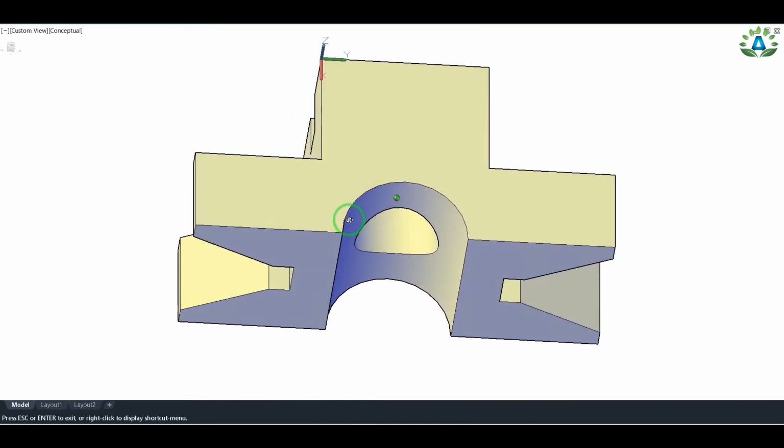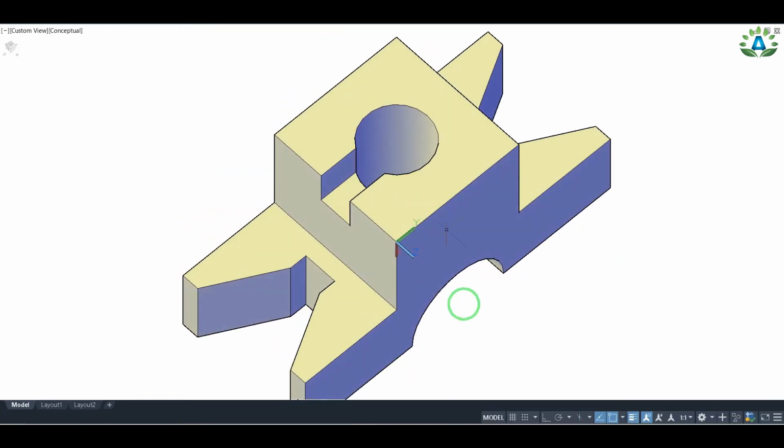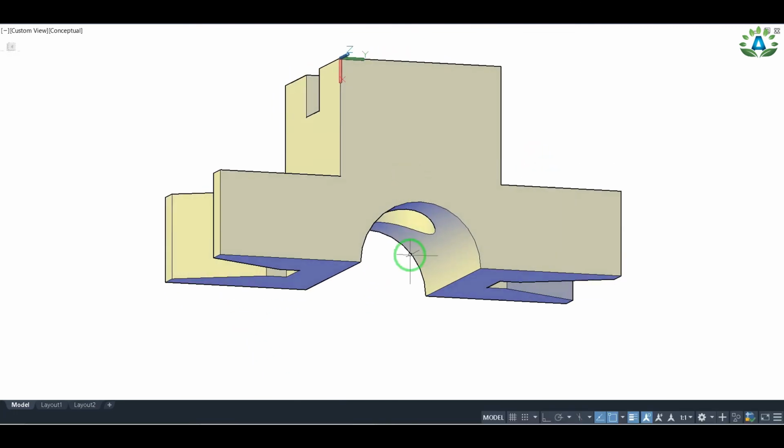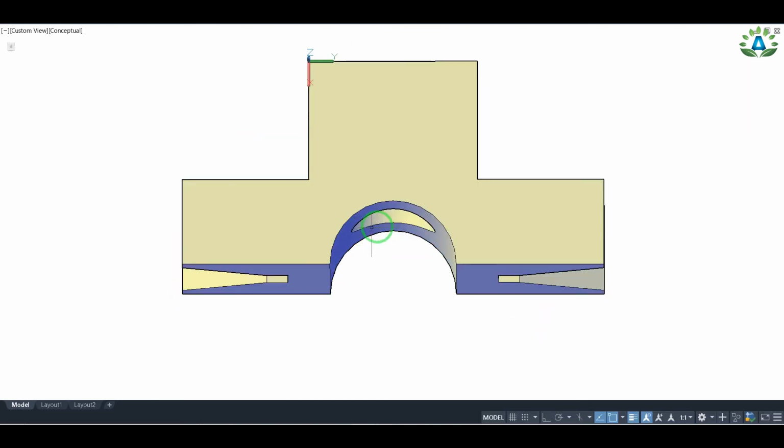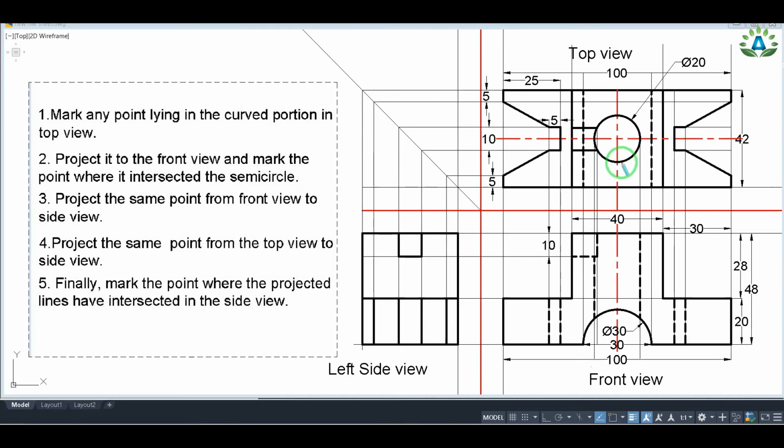And we can see that due to the intersection of this circular hole and this semicircular hole, we will be able to see the slight effect of intersection of these two solids. So our bottom view will look like this. So we will be able to see this part as a hidden line in our left side view also. So we need to project this part in our left side view. And I have already told you that this circular portion has intersected this semicircular portion. So because of these two intersection of solid, we will be able to see a slight intersection effect in this part.